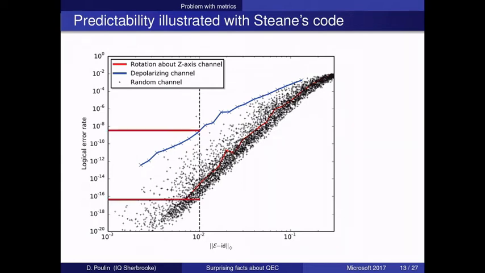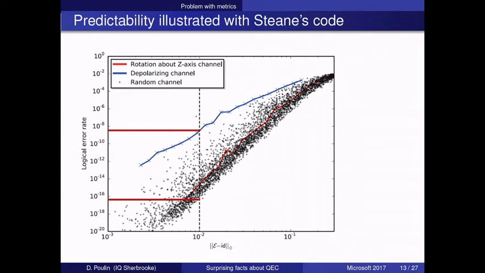Okay. So what do we see here? Well, let's say that epsilon is 10 to the minus 2. So I have a physical system with a noise rate of 1%. How well will it do in a fault-tolerant scheme? Well, with Steane's code, it could have a logical noise rate that's anywhere between 10 to the minus 8 to 10 to the minus 16. Or if you want to turn it on its head and say, look, I was shooting for 10 to the minus 10, so I need a physical error rate that's anywhere between 10 to the minus 2 to 10 to the minus 1. So these are extremely loose bounds that it can give you.